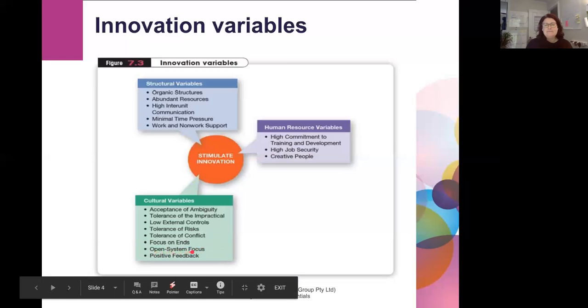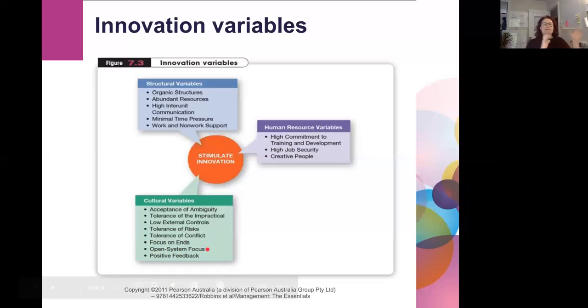This open system focus refers to, you may remember back in our first module, where we looked at the idea of a systems approach to the organisation. So the idea that organisations have inputs, transformation processes, and then outputs. Basic model: we input our raw materials, we then turn those materials into a product, and then we ship those products and sell those products. That's the basic idea of an organization as a system.